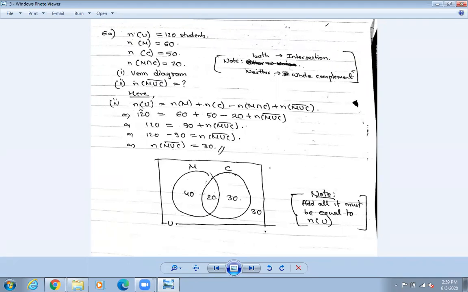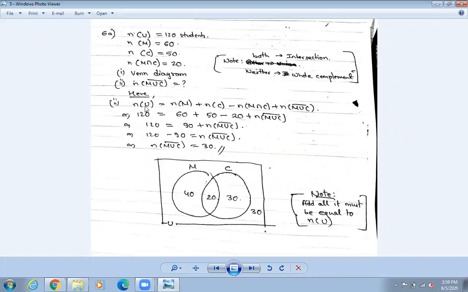Now after that, we know the formula of NU. Yesterday also I have told you, either follow U or follow union. There is no union over here, so there is NU. Let us use the formula of NU. NU equals NM, there is M and C, so NM plus NC minus M intersection C, plus then after that there will be the complement, M union C whole complement. Okay, this is our formula.